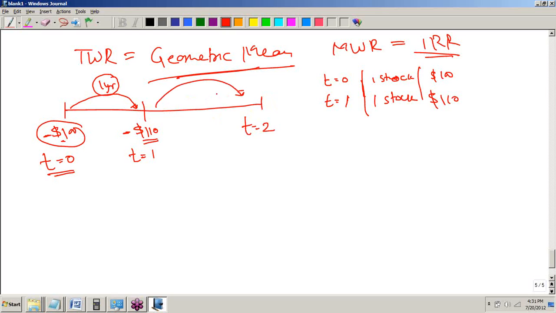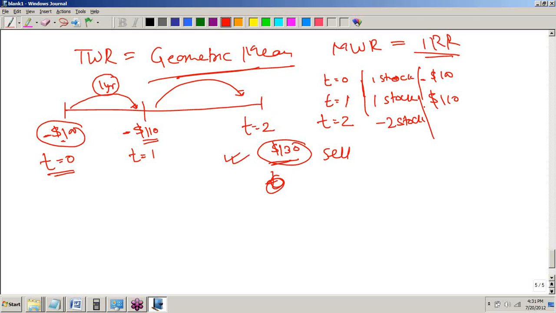Okay, and after 1 year the stock price, what you are seeing is $130. So you are saying, oh wow, I have generated a lot of return in these 2 years. I want to make money, I want to realize the profit. What you will do is you will sell these shares at t equal to 2. At t equal to 2, you will be selling these 2 shares.